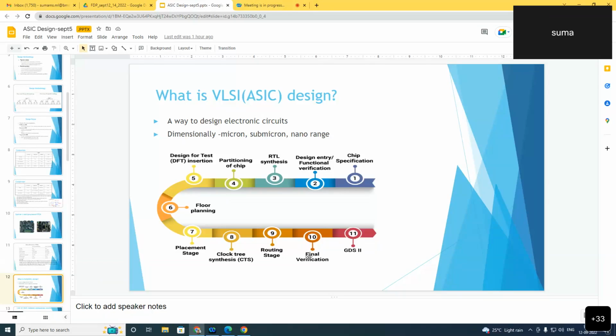Then when we come to the routing stage, there are different types of routing which we'll be discussing, that is global and detailed routing, and finally it goes for verification. When it goes for verification, there's a huge difference between verification and testing. Again, that is research on its own, and then we give it to the fab, which gives us the bitstream pattern,